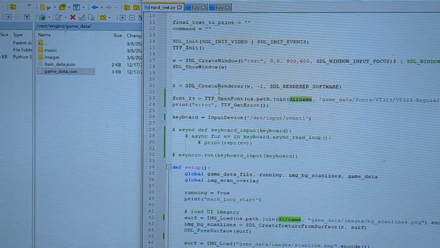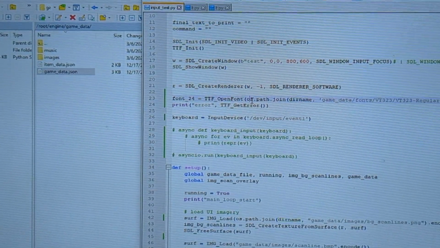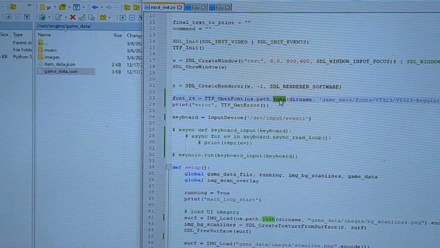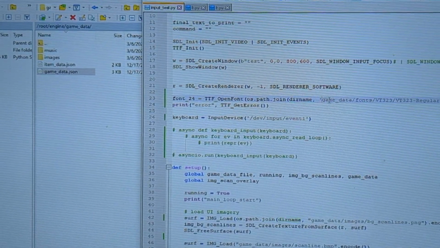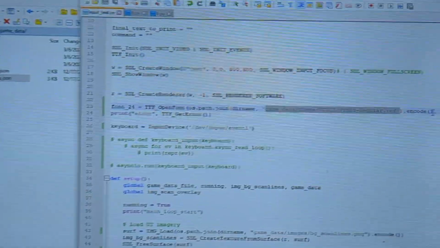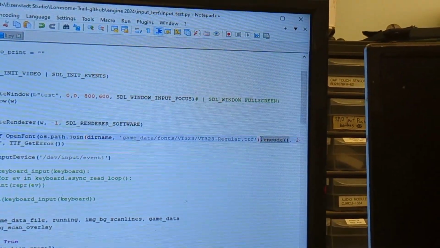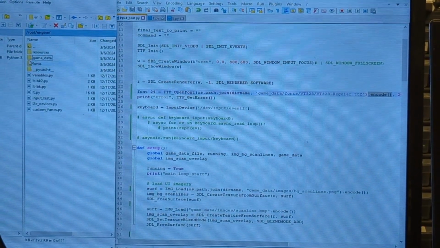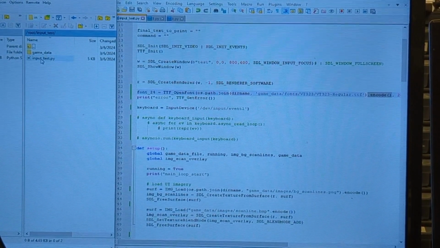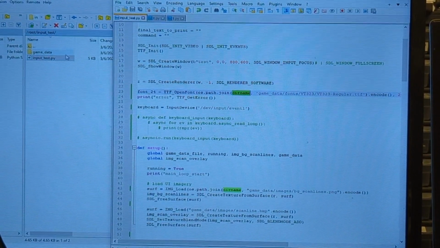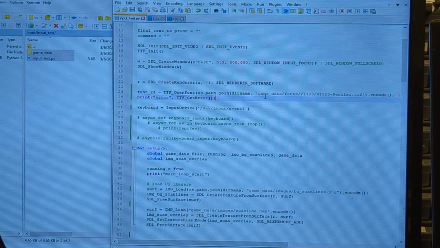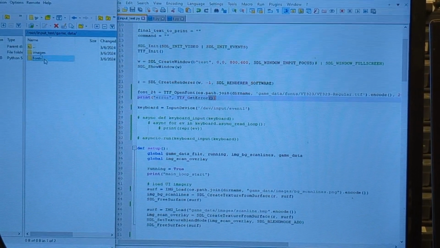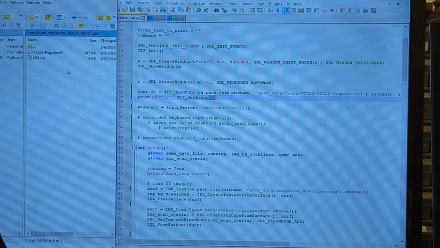That becomes our base directory, and then we have to use an operating system joining command to join this path and the relative path, and we still have to encode it because we're not allowed to do things the easy way. We always have to go through these little hurdles. So in a nutshell, it says, let's make sure that this folder is the directory, and then from here we can go into game data, fonts, VT323, and then load